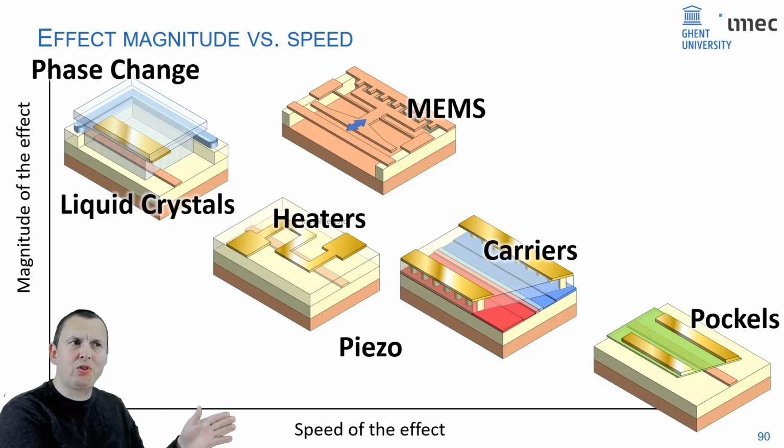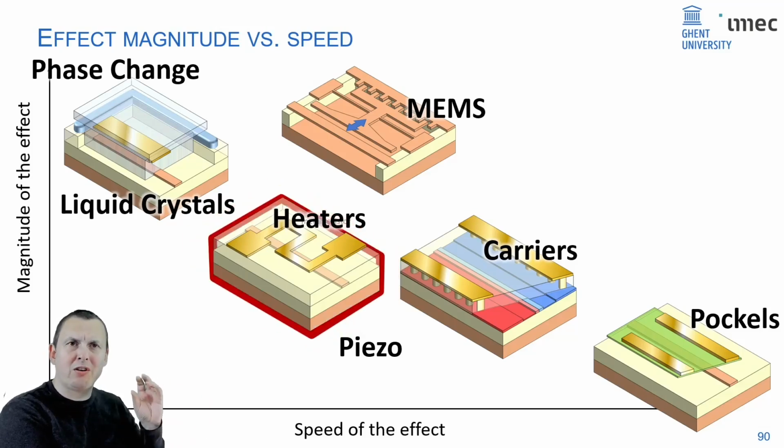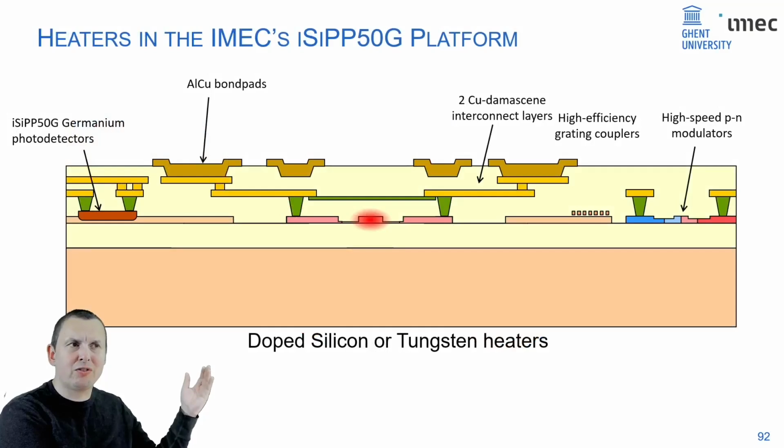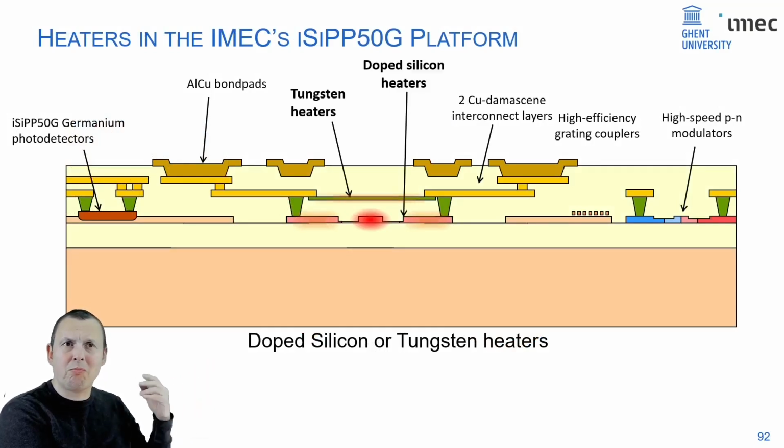Now, today the workhorse for all of these circuits is heaters. If you want to make a complex photonic circuit today, you typically use heaters. They're kind of crude, they're not very sophisticated, but they're very easy to implement. For instance, if you have a silicon photonics platform, you can make a heater in the form of an electrical resistor that is either in the metal layers or in the silicon layers, but it's very easy. You just run a current through it and you basically get heat,